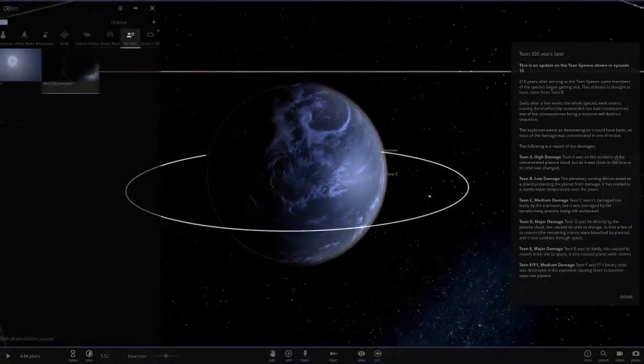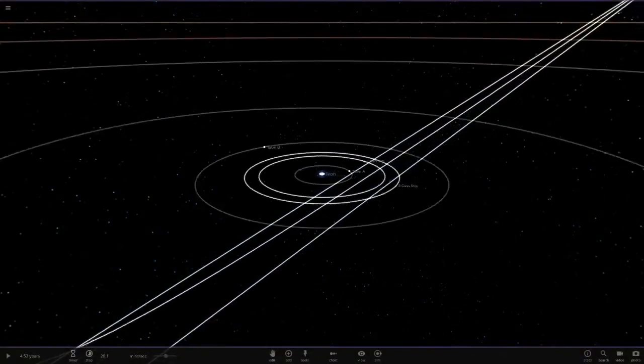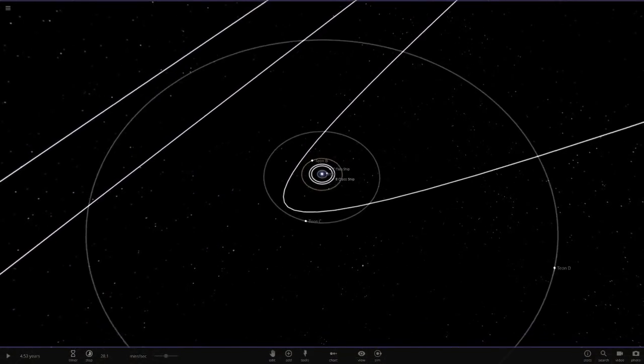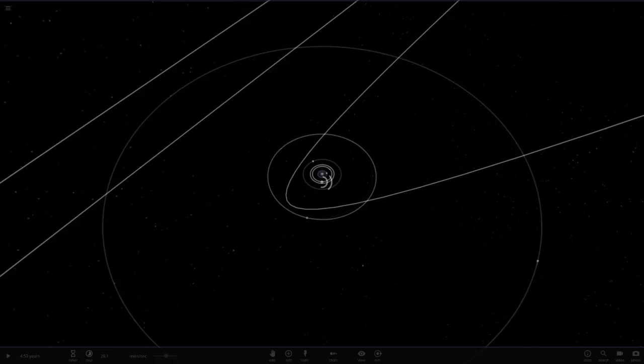So what did it look like before? Tionne C. Okay, so back to the old system. Tionne C, where are you at? All the way over here. Tionne C used to be frozen. Look at that. It used to be a lot colder, but now if we go into the new one,